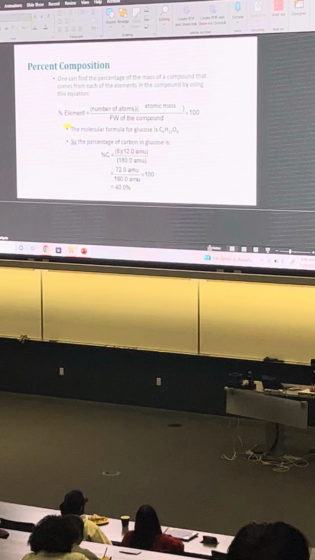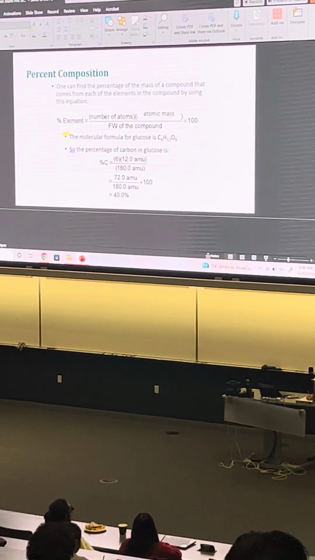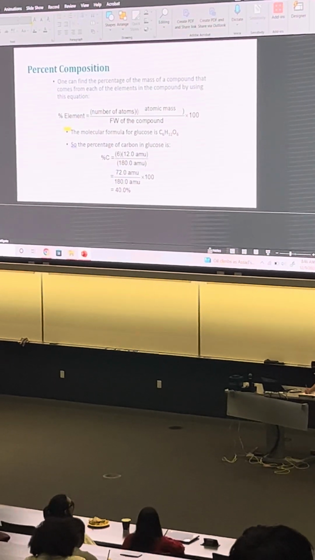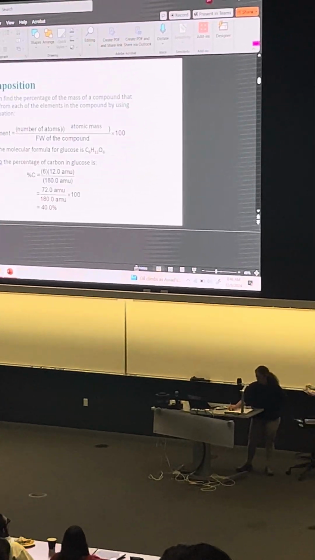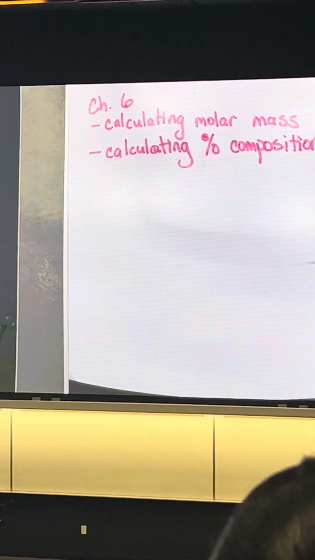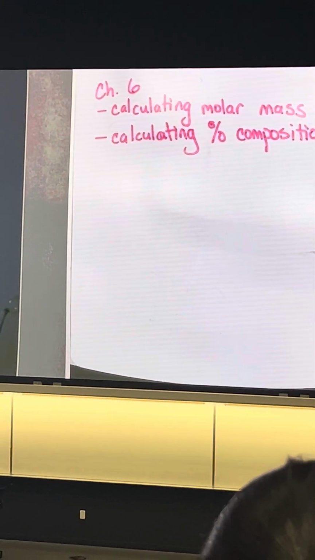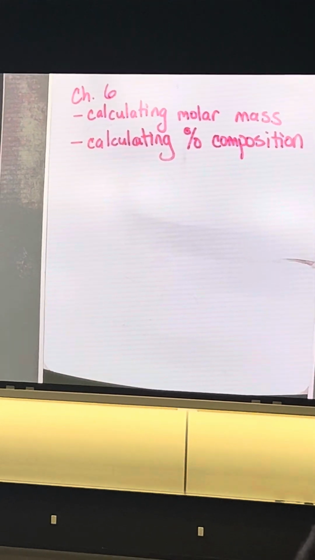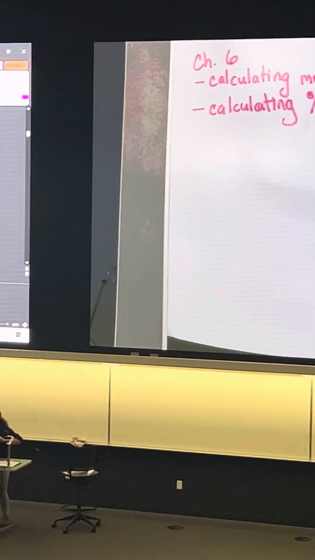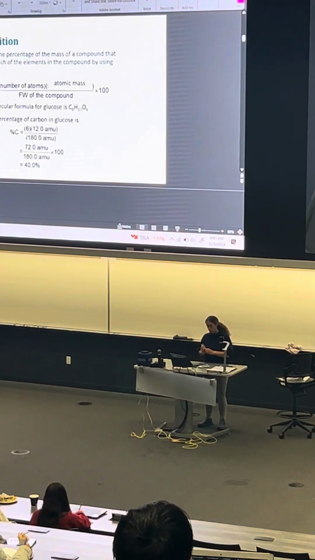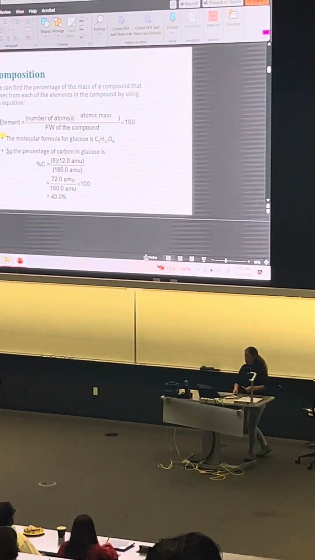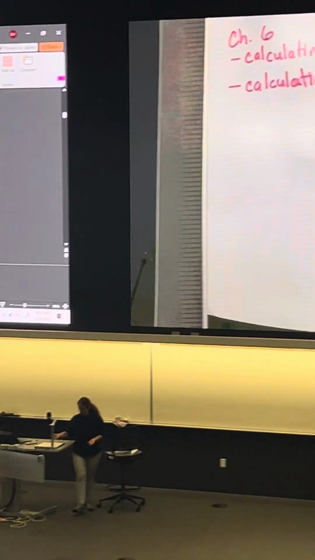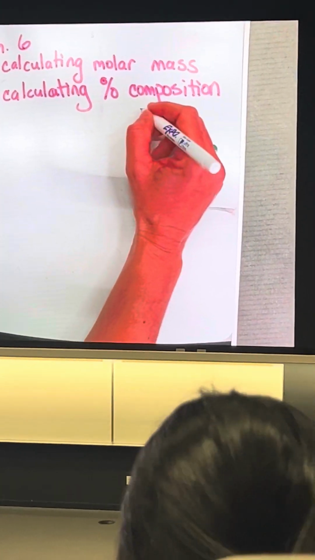Calculating percent composition. That one will definitely be on there. We did this on the quiz, is mass percent, and we said that this composition is one of the questions from chapter 6. So here's where you need to know how to name, or else you won't be able to calculate it correctly. Let's say I ask you to calculate the percent composition of